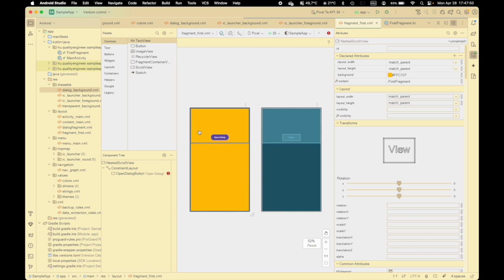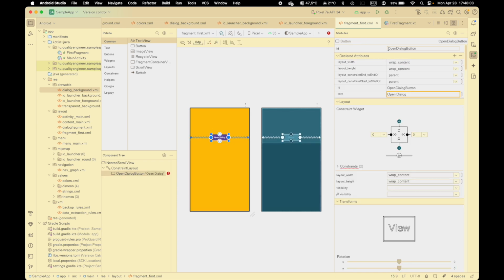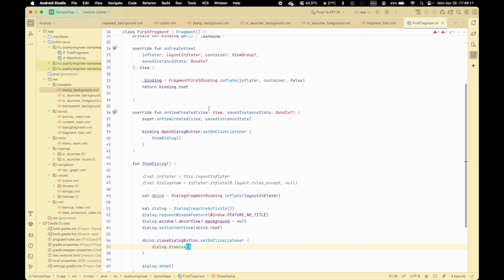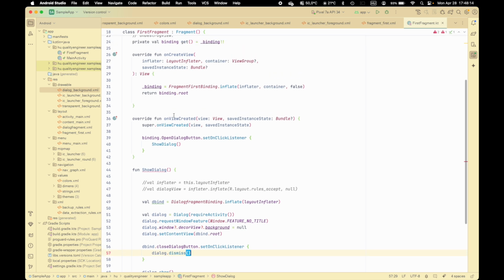Okay, fragment first here. As you can see, I just made it similar to the iOS version, so an orange background and the button on it. We will click on this button later on, and we called it open dialog button. Once we go to the fragment definition, we have the open dialog button inside the onViewCreated,